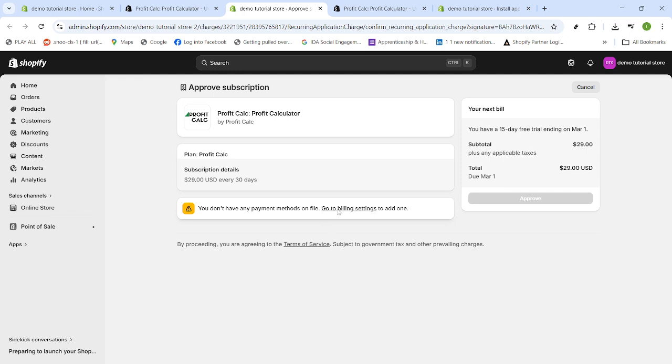That's it. The profit calculator is now added to your store. From here, follow the on-screen prompts in the app to finish setup and start viewing profit insights. If you ever need to revisit it, return to your Shopify admin, open Apps, and select the app from